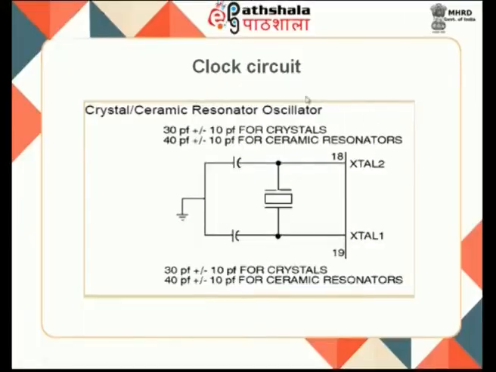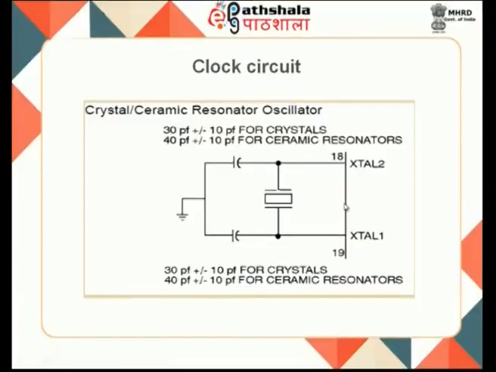Now, when you are going towards the clock cycle, the clock is nothing but a crystal oscillator in my architecture. This crystal oscillator generates clock cycles. That particular clock cycle in turn assists the processor in making its machine cycles, or synchronizing with the other operations. Rather, I can say the machine clocks, or the system clock, is generated through this particular clock circuit only. Basically, it is a crystal oscillator and it generates the clocks.